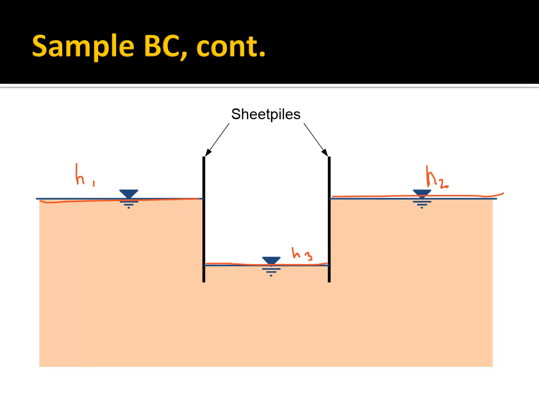And then, let me see if I can get a different drawing tool here. As you go down this side and up the other side, and down this side and up the other side, these are no flow boundary conditions, okay? And then I'll stick with that color there. And assuming we have an impermeable base on the bottom, we're going to have a no flow boundary condition right